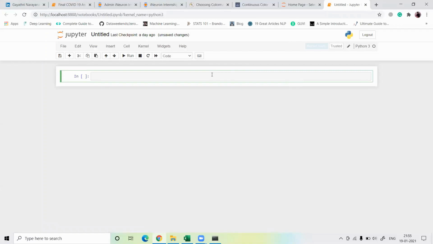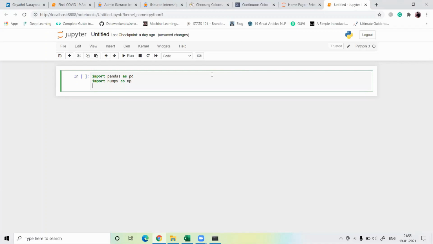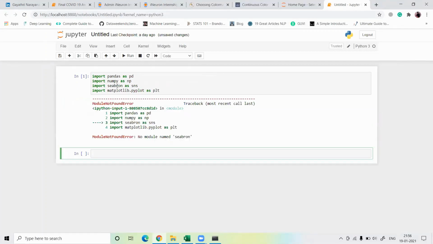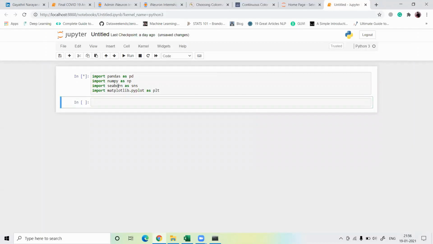So let's import some important libraries first, like pandas, numpy, seaborn, and matplotlib pyplot. And yes, all our libraries are imported.